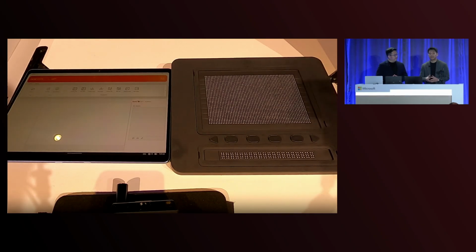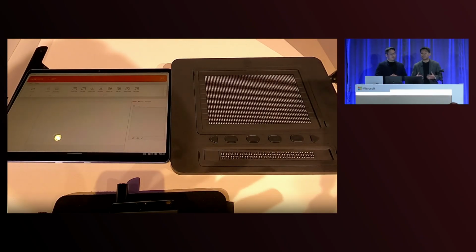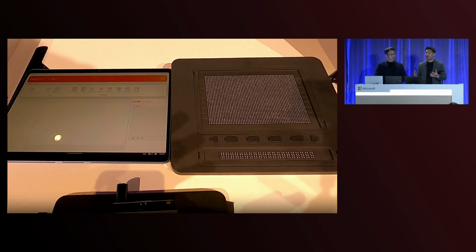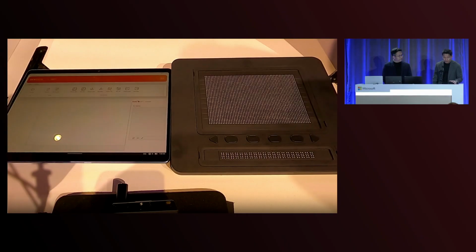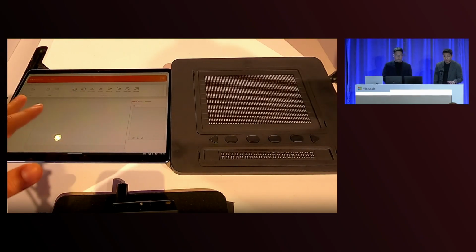Thanks, Eric. Today, we're very excited to introduce Dot Vista, an accessibility app designed to help visually impaired people access graphical and text content in Microsoft PowerPoint slides from a Windows Copilot+ PC. Let us show you how right now. Here is the Dot Vista application on the left.